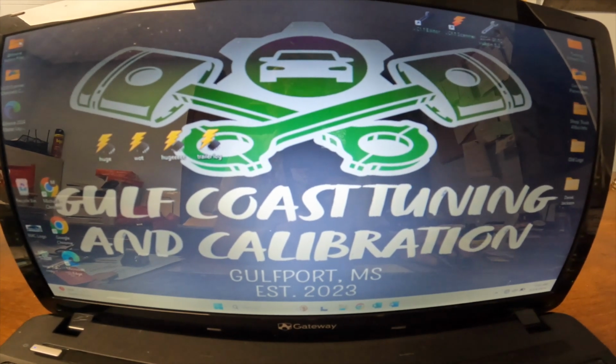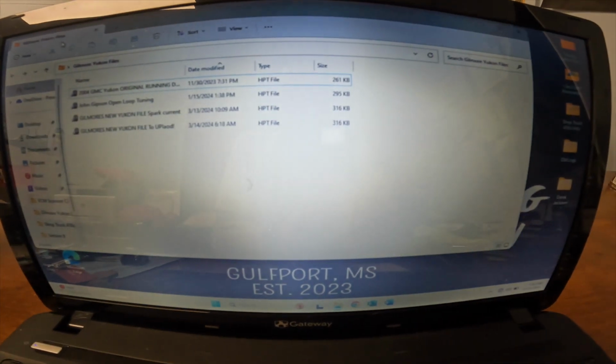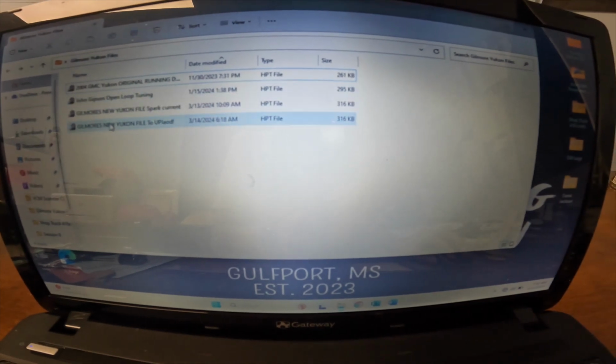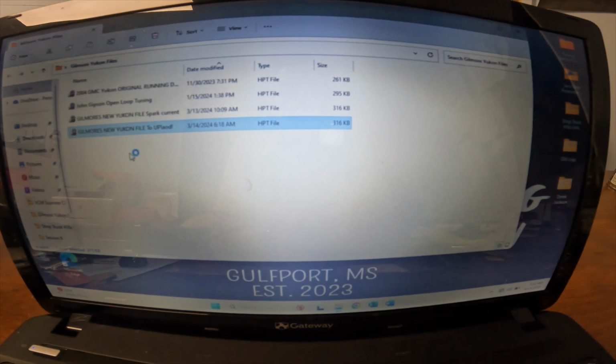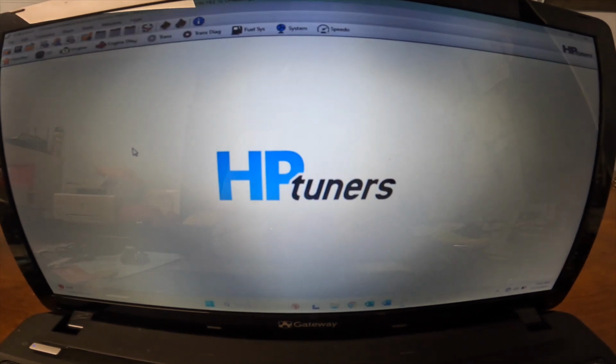A mass airflow tune versus a speed density tune are going to be a little bit different. All of the Gen 3 and Gen 4 and Gen 5 stuff operates off of the mass airflow sensor, which